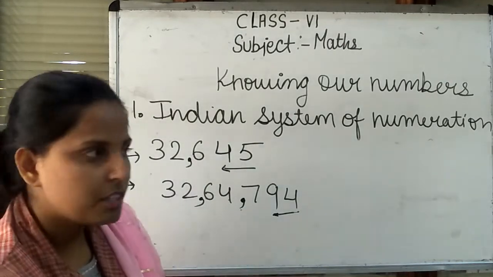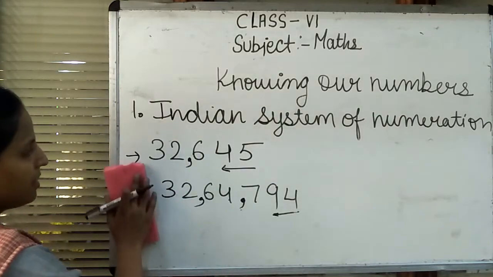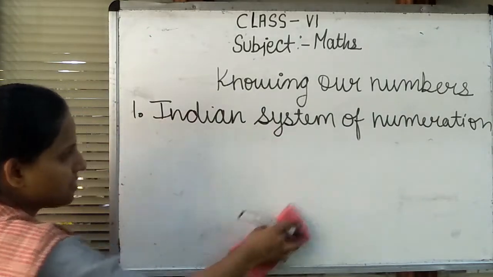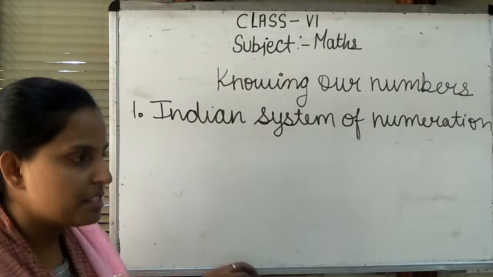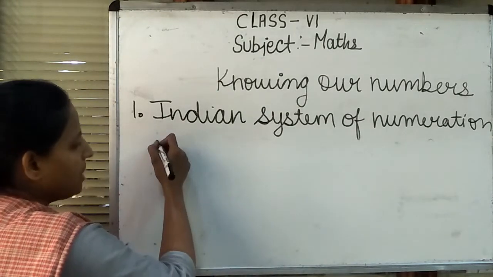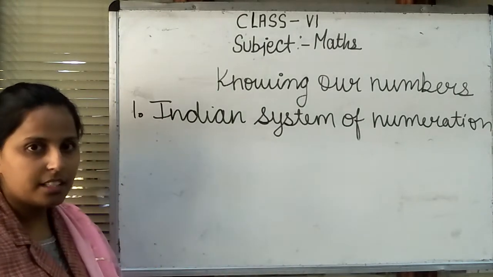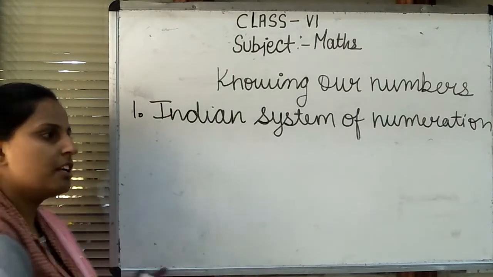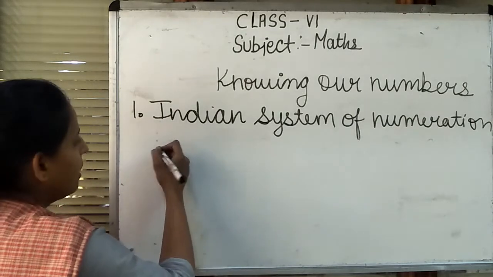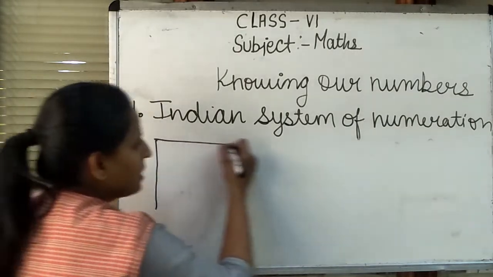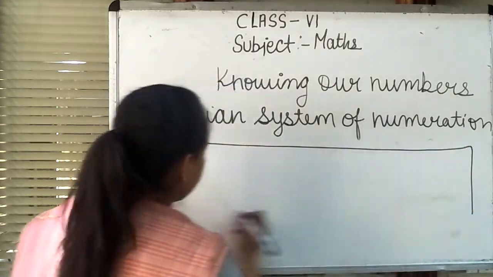Okay. Now we are moving to write the names of the greater-digit numbers. So to know the name of a number with so many digits, we have a table. How to write the name? We have a table, and the name of the table is the place value chart. Now the table is here. I break down the table.